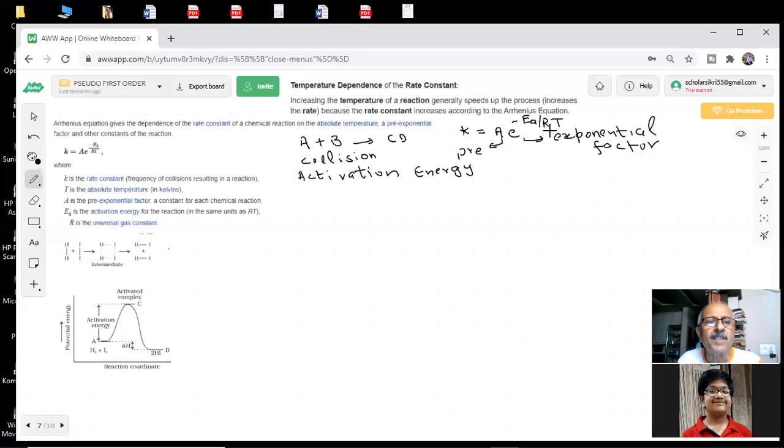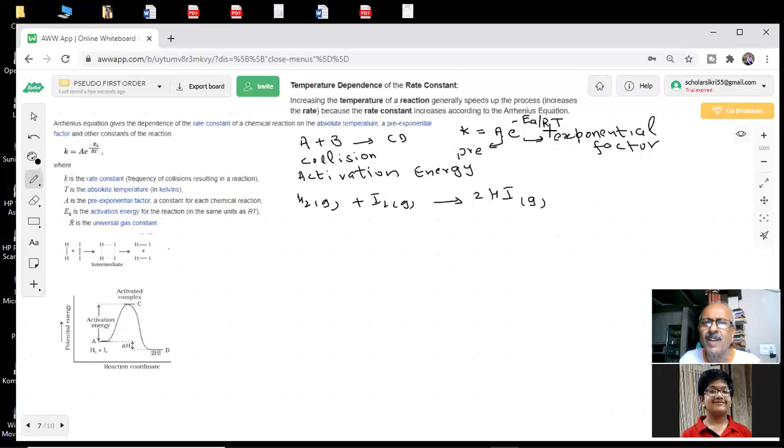Further, you see what Arrhenius is saying. Suppose hydrogen gas is reacting with iodine gas to form HI. This is my reaction. When the reaction is taking place, there is a bond between two hydrogen atoms and a bond between two iodine atoms. So a bond breaking process has to be there. Every chemical reaction means some bonds are being broken, students. But at the same time, a new bond is being formed. What is that? HI.